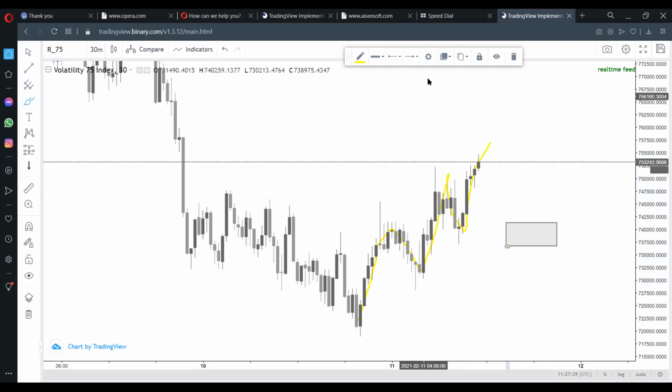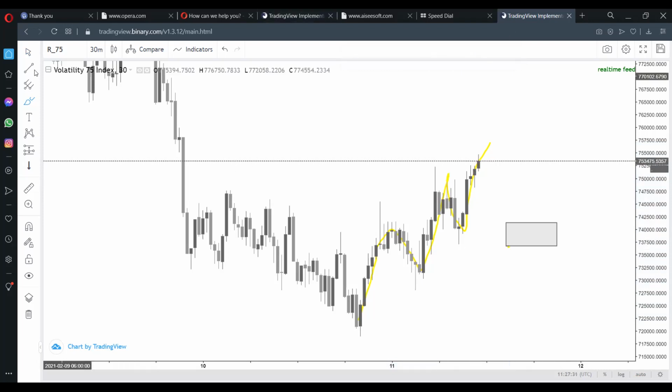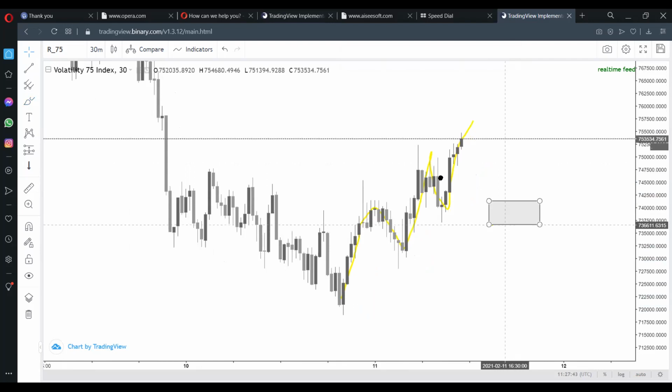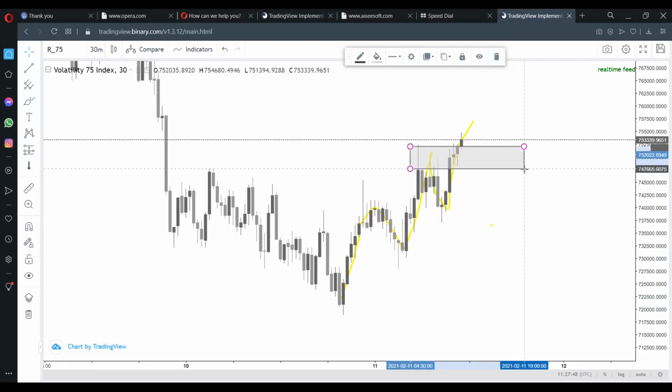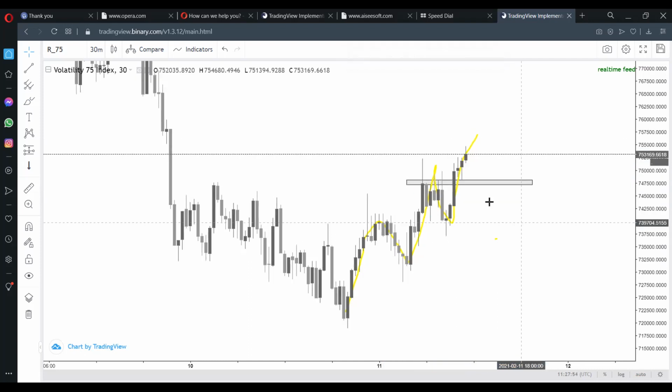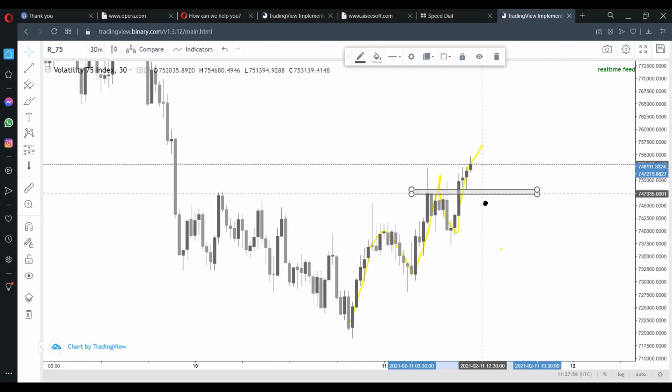You have to be able to mark those kind of zones. Look at here. You have to be able to mark this zone out with the aim that if price